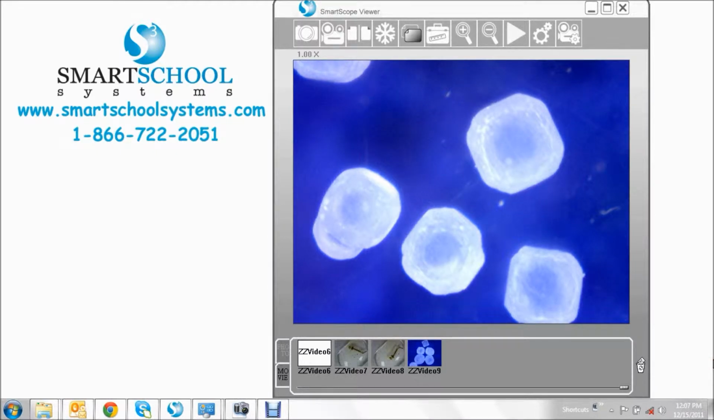Hello. The SmartScope has a lot of cool features. One of the most popular features is the time-lapse video option. And you probably know that you can go ahead and come up here and click the video camera to record